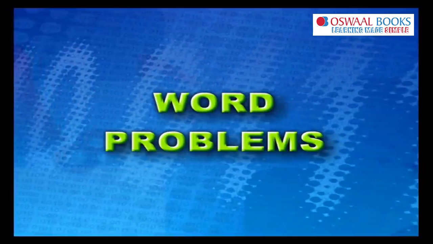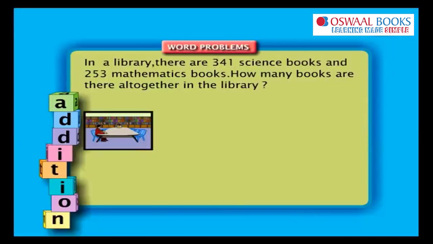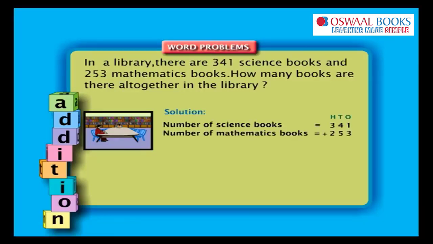Word problems. Example 1. In a library, there are 341 science books and 253 mathematics books. How many books are there altogether in the library? Solution. Let us arrange the numbers in a column. Number of science books 341. Number of mathematics books